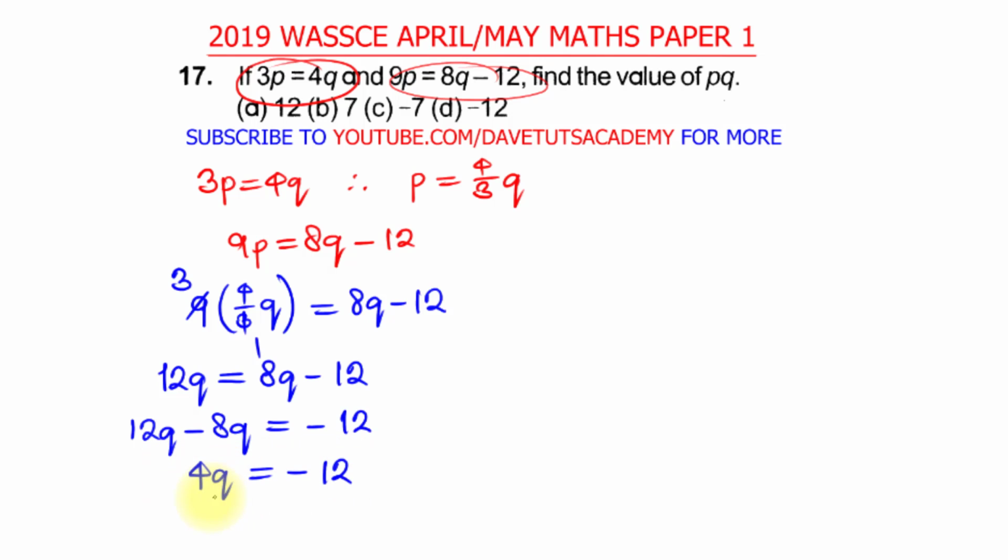And if we want to get the value of q, we can divide both sides by 4, so that q will be, this 4 will cancel this 4, minus 12 divided by 4 will be minus 3, because a positive number dividing a negative number is negative, and 4 can go in 12 in 3 places. Since you have gotten q to be minus 3, then from 3p is equal to 4q, you can now say that